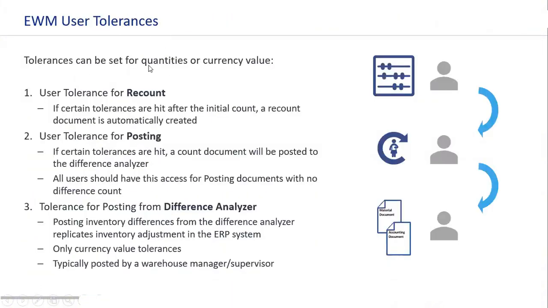So again, as we've just discussed, tolerances can be set for quantities or currency value. First, user tolerance for a recount: if certain tolerances are hit after the initial count, a recount document is automatically created. User tolerance for posting: if certain tolerances are hit, a count document will be posted to the difference analyzer. All users should have this access for posting documents with no difference count. And then finally, posting from the actual difference analyzer, which is posting the inventory differences